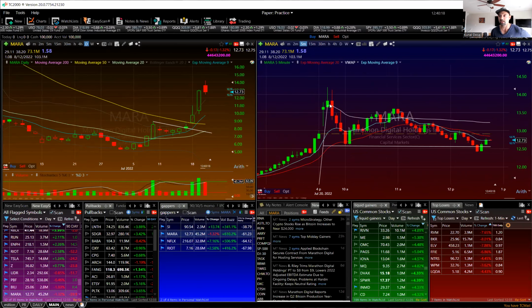And then see how it wicks again? So there are sellers into it. As soon as I see these wicks right here, I take this thing short at 1380, because I got these 2 wicks I can manage around. And then the VWAP is the confirmation. Normally I would hammer this thing not here at the wicks, anticipating it, but at the VWAP. But because this particular name on eToro is hard to borrow,